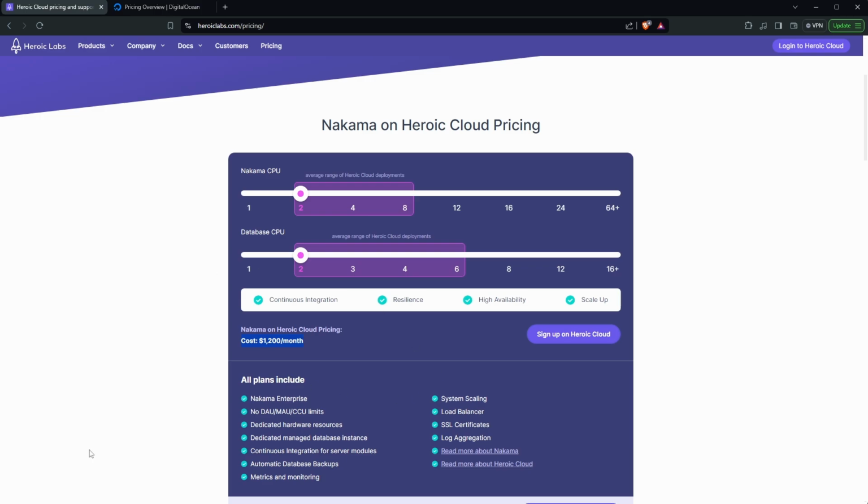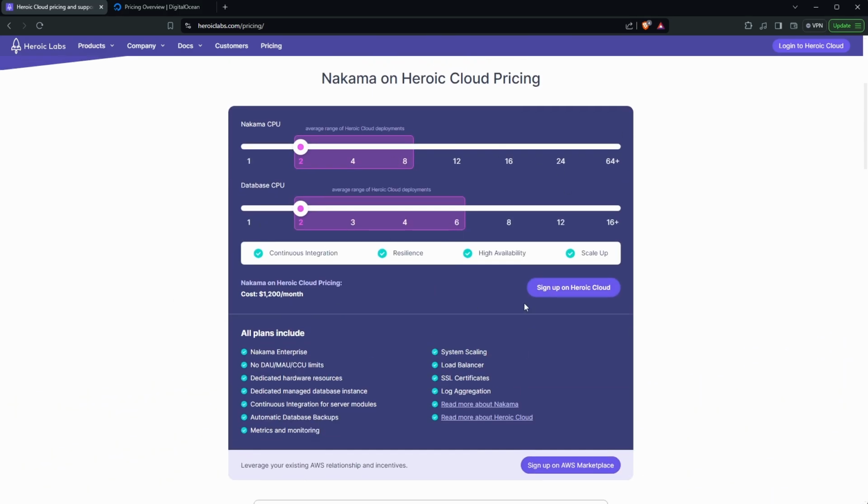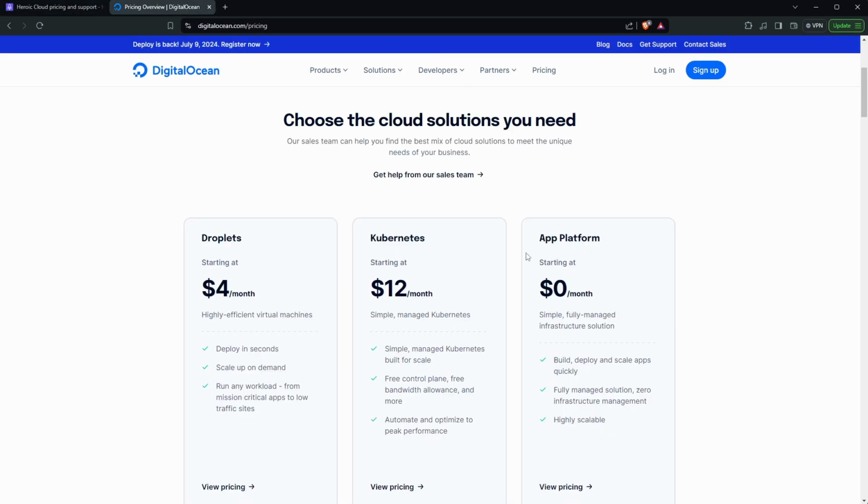So a lot of times that's where Nakama actually makes their money, by having you pay them $1,200 a month to use them as a resource to host all of their stuff. Now, again, if you don't use them as a resource, it's totally fine and it's going to be 100% free as long as you host it on some kind of machine you own, or, of course, whatever the cost of a DigitalOcean machine or an AWS machine or an Azure machine would be. So that's just something to keep in mind. I wanted to make sure you guys were aware as a full disclosure so you're not confused as to how they actually make money. So with that being said, let's go ahead and jump into